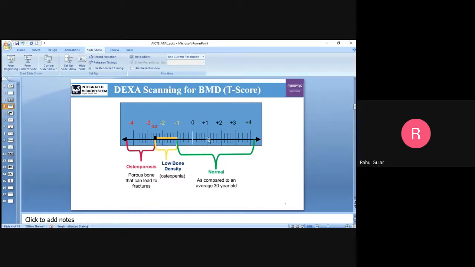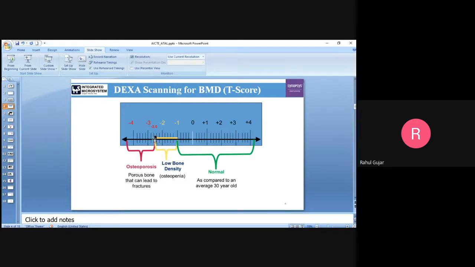BMD is measured on that scale. If your T-score value is from -1 to +4, then we can say that the bone is healthy. If the T-score is from -1 to -2.5, then the bone quality is degraded. There is low bone density. We may also call it osteopenia.